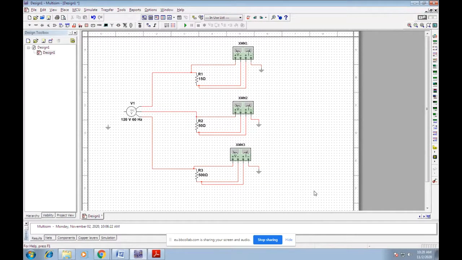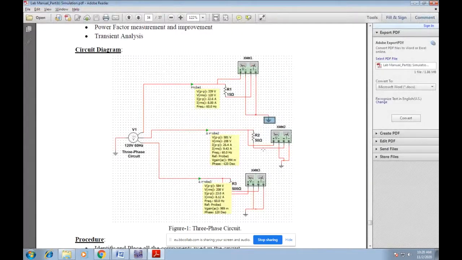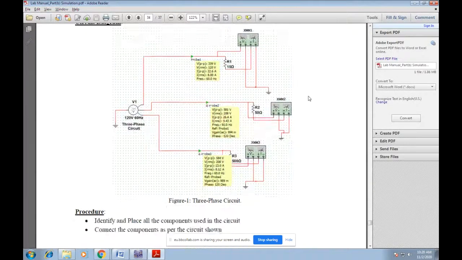Any question about the connections? I repeat again: for the voltage, positive is connected to one end, negative is connected to the other end; positive, negative, positive, negative. For the current, positive is connected to the second end of the resistor, that is in series with the resistor, and negative is connected to the ground. Similarly, positive to the resistor, negative to the ground, for each one. Any questions about this?